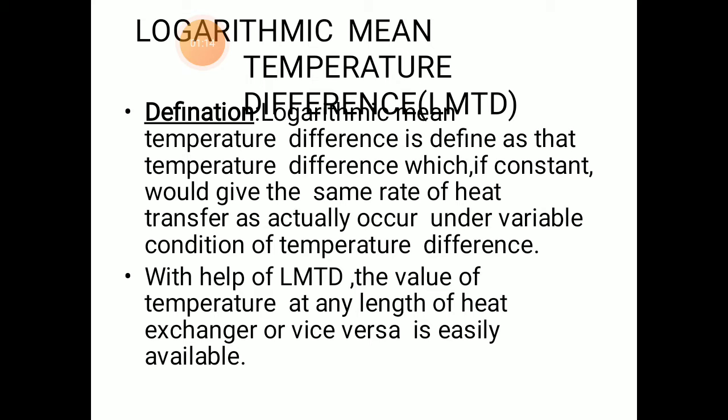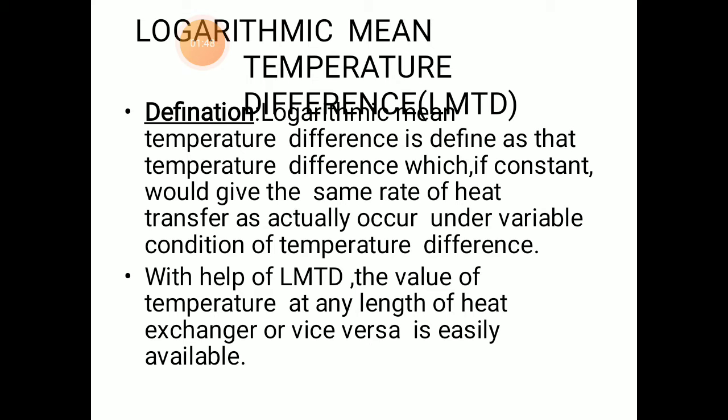Heat exchangers usually operate for a long period of time without change of their operating condition, for example, in sugar mills also. From the first law of thermodynamics, the rate of heat transfer from hot fluid must be equal to the rate of heat gained by cold fluid. That is, the amount of heat carried away by hot fluid must be equal to that absorbed by cold fluid. So QH must be equal to QC.